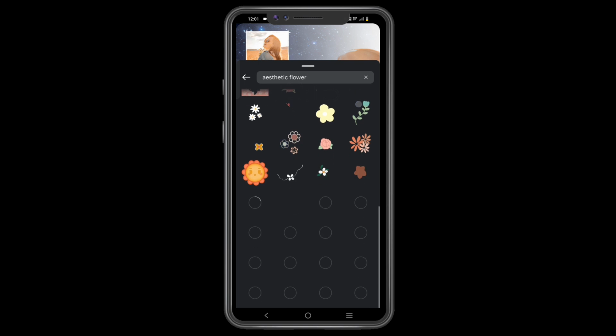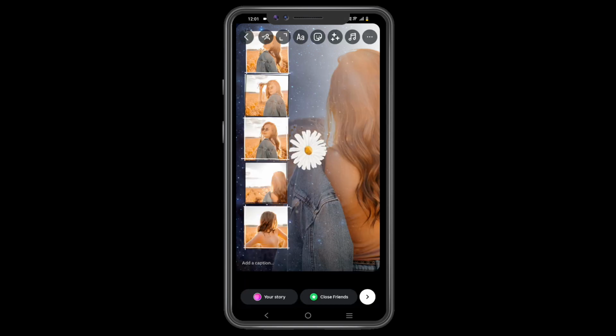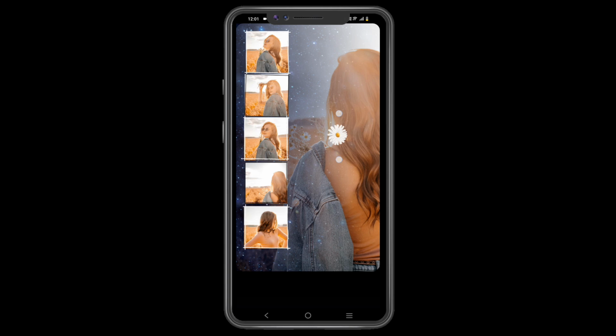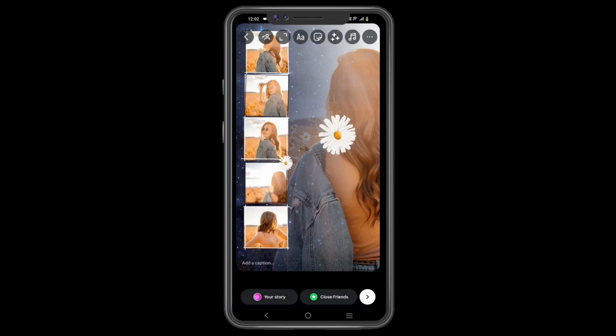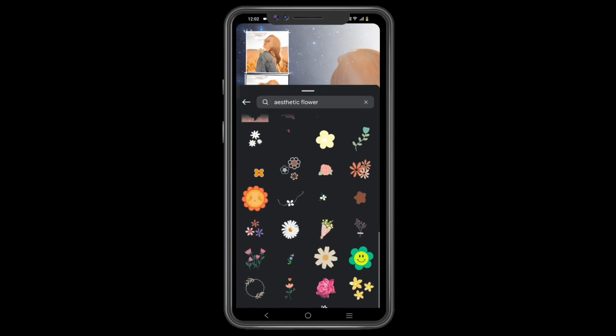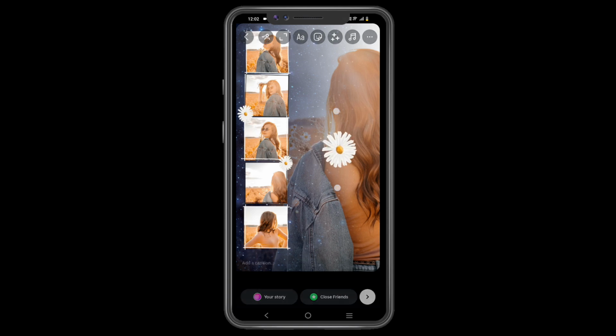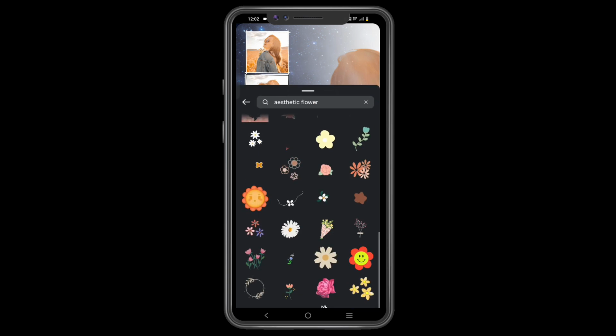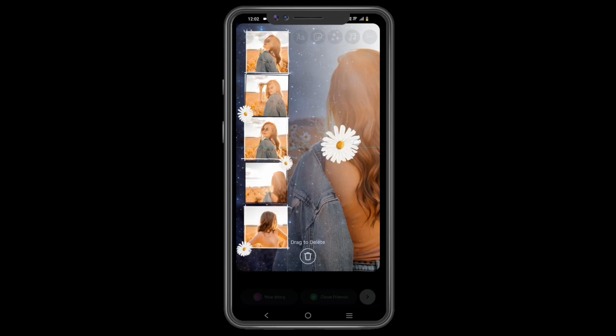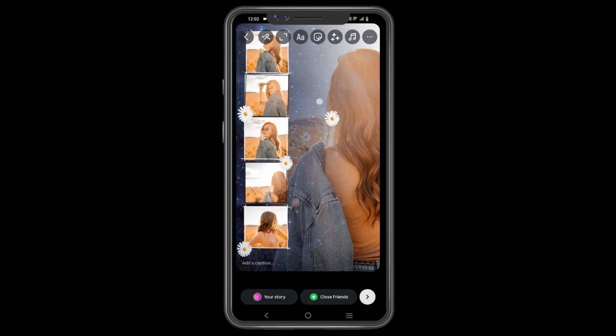Now let's add some text if you want, and choose a simple font in a white color. You can add music, a caption, song lyrics, whatever you like. Even just a cute emoji is also very beautiful for your story. Remember, the font should complement your photo, not hide it. So try to share a clear message with everyone.